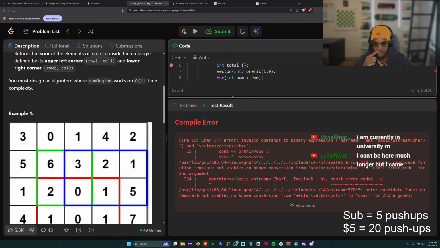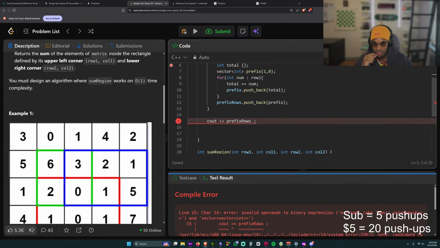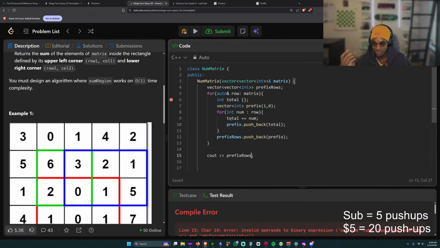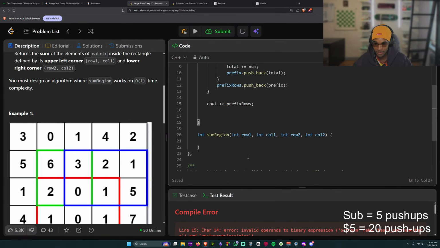See out prefix rows. What's wrong with this? Invalid operands binary. I don't even understand. Yo, software, you understand? I know you know C++, bro. Why does this not work? See out prefix rows.